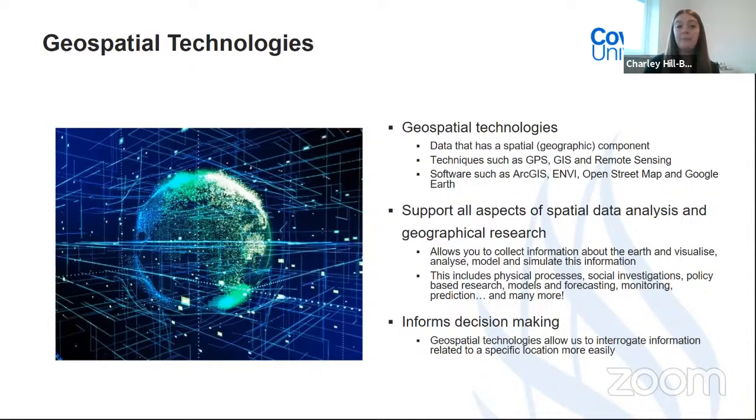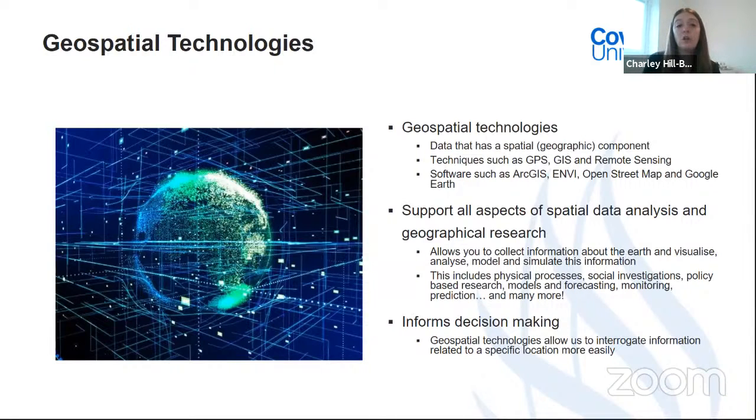So what is really powerful then about our geospatial technologies, our geospatial information, is that we can analyze data based on space. And that allows us to begin to solve problems, begin to make decisions, and to begin to interrogate this information a lot more deeply than we might have been able to do if it was in an Excel spreadsheet, for example. So that can relate to anything such as physical processes, so rainfall data, location-based information on flooding,